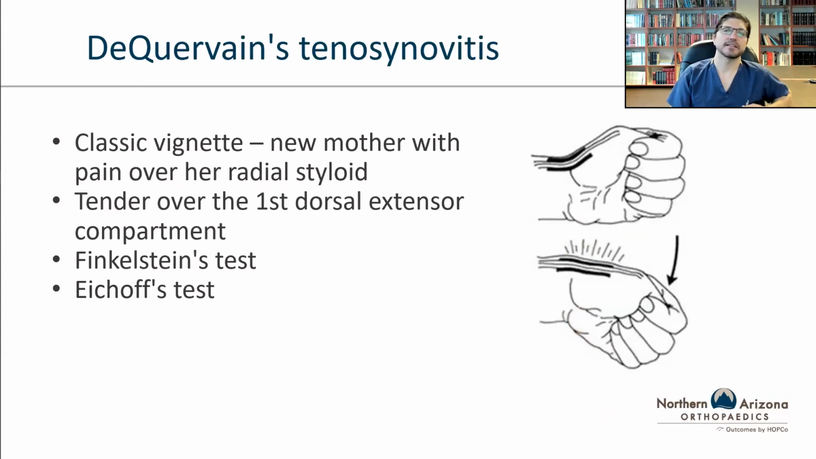So de Quervain's tenosynovitis very commonly occurs in a new mother for reasons that are somewhat unclear, but the classic story is a new mother that's taking care of her new child starts to have pain over the radial aspect of the wrist, on the outside of the wrist, and tender over a part of the wrist that has two tendons that pass through a tendon sheath. And so during the examination for this, I looked at two tests called Finkelstein's and Eichhoff's, and that basically